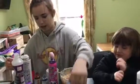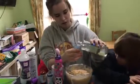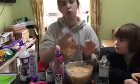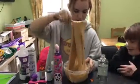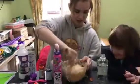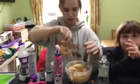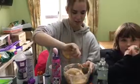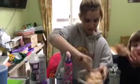So maybe we're going to add a cupful of this. Maybe just about that much. It comes with this cap as well, so you can use that as a guide. What? It just split it out. It looks really foamy, but...